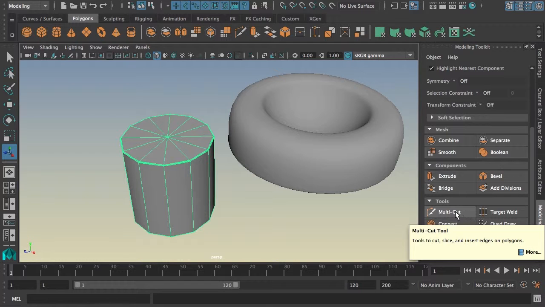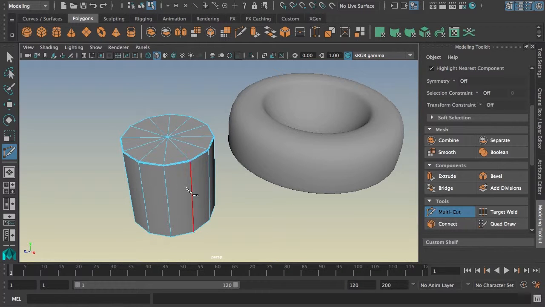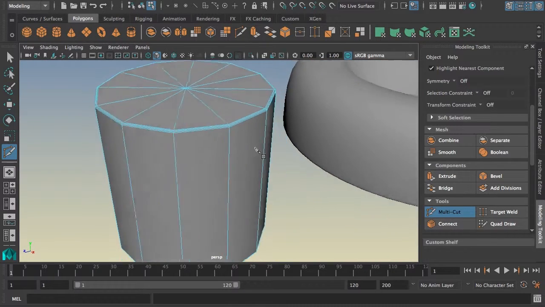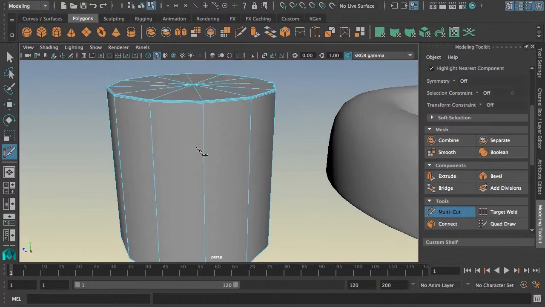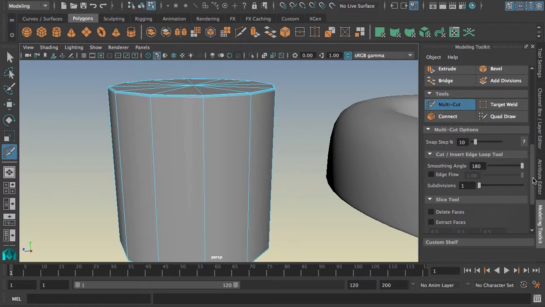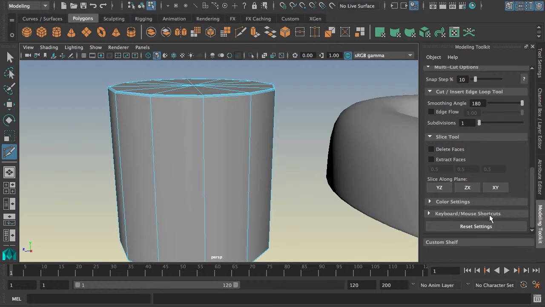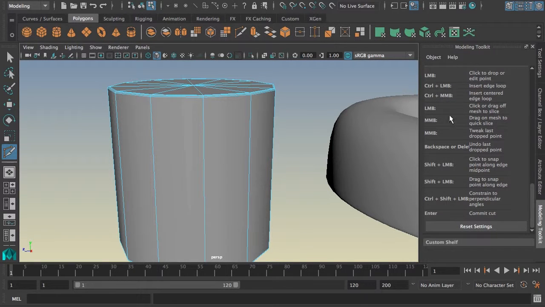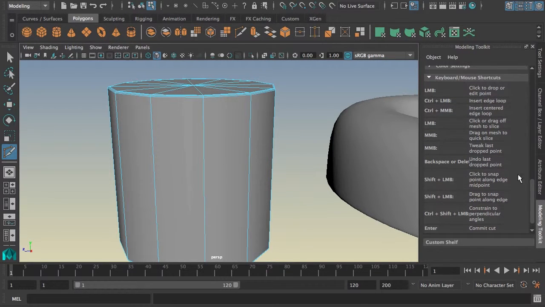And the multi-cut is extremely handy. The multi-cut tool is basically slicing and dicing and adding different things to your geometry. So you can see that it snaps to vertices, which is handy, and it snaps to edges. And there's a whole bunch of modifiers that work with the multi-cut. If you scroll down here, you can access the keyboard and mouse settings. And I highly recommend you take a look at these different modifiers so that you can work with the multi-cut